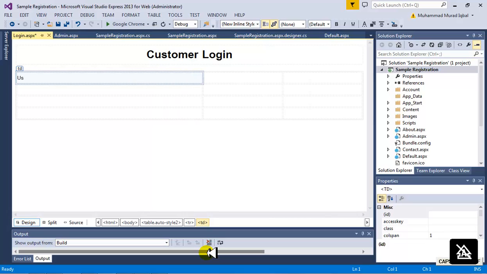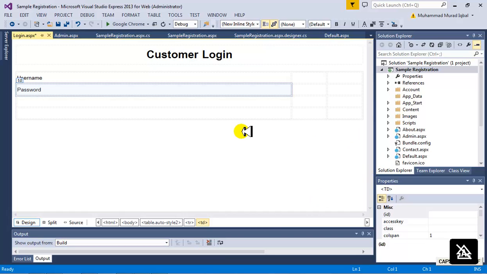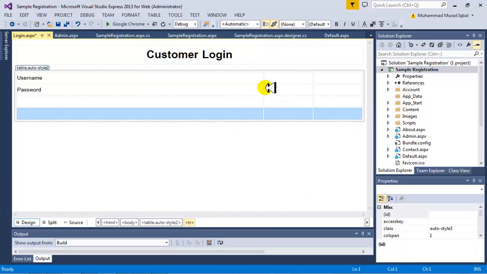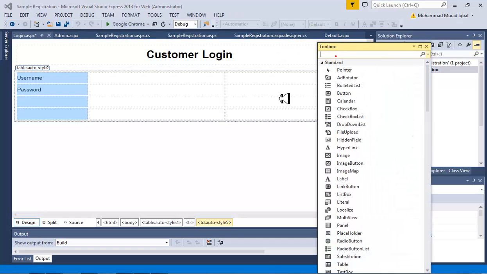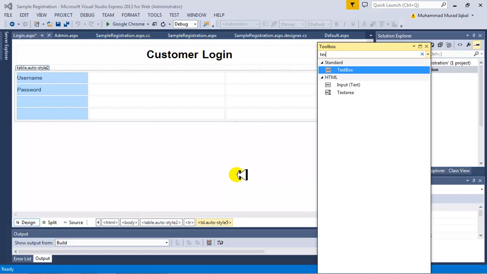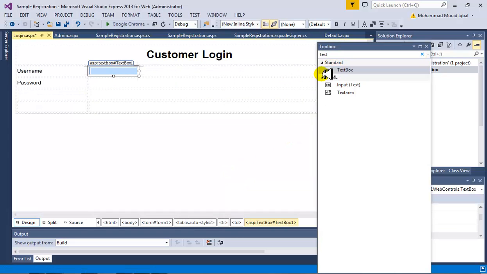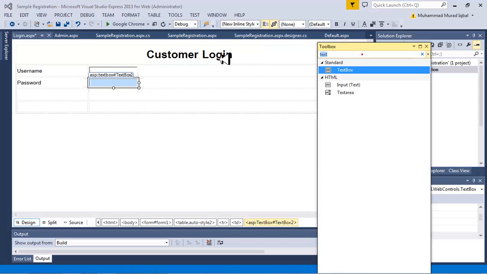My first field is for username, the second is for password, and then I'll be creating new fields over here. So you have to go to the toolbox. Control Alt X is the shortcut, and search for text over here. This is a text box which I have to drag and drop to allow the user to enter his or her username and password, and then there should be a button